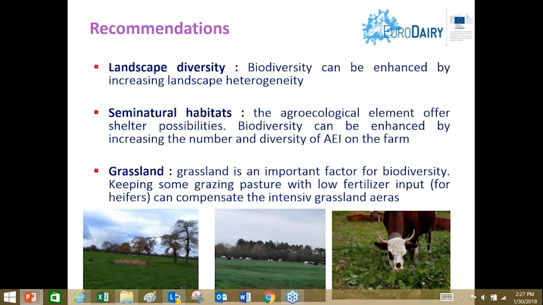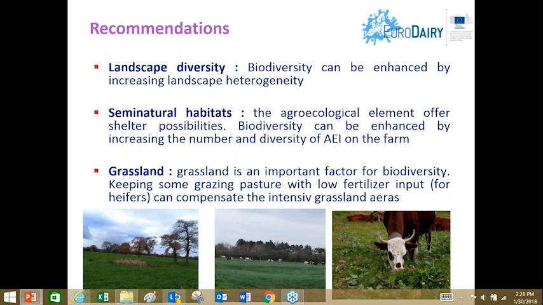So at this stage, my recommendation would be very simple. Regarding the landscape diversity, biodiversity can be enhanced by increasing landscape heterogeneity. Regarding semi-natural habitats, the agroecological elements offer shelter possibilities, so biodiversity can be enhanced by increasing the number and diversity of semi-natural habitats on the farm. And grassland is an important factor for biodiversity. Keeping some grazing pasture with low fertilizer input, like for heifers, for example, can compensate for the intensive grassland areas